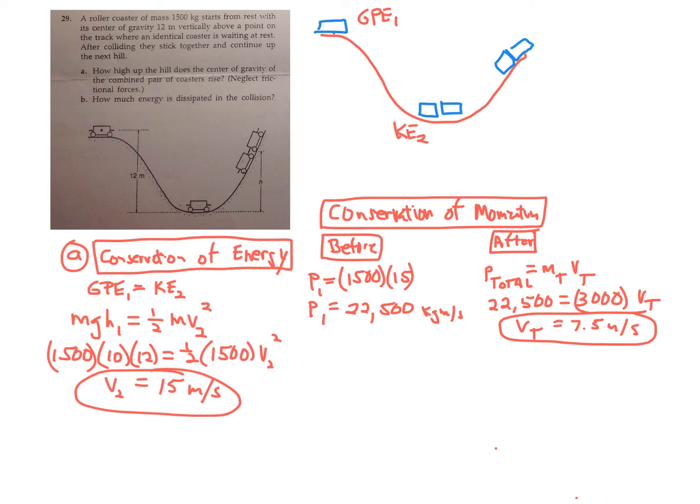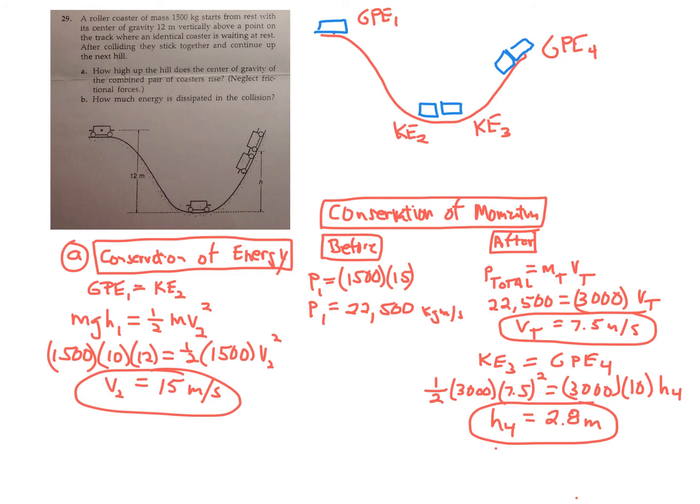But now we've got to figure out how high these two cars go. So we're going to use conservation of energy. Let me write this down. All right, so I'm calling the post-collision at the bottom of the hill kinetic energy, I'm calling that KE3. So this KE3 of the two cars stuck together is the kinetic energy just as it starts to go back